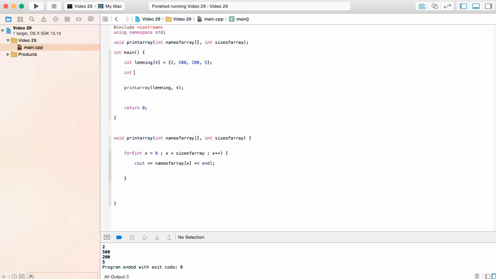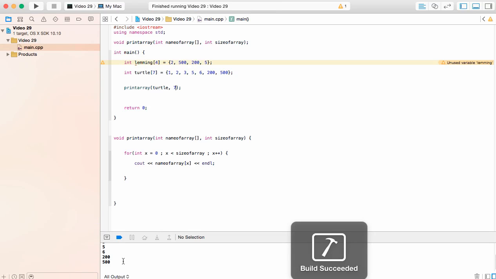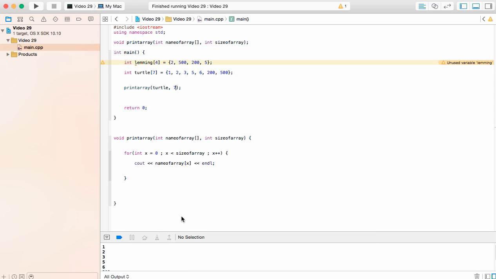Let's say we made the turtle array, and this one had 7 values inside of it. Let's say it had 1, 2, 3, 5, 6, 200, and 500. It's right there. So this one has 7 values inside of it. Let me make sure it does have 7 values. Yeah, we have 7 values. Let's say that instead we want to put turtle and we want to put 7 inside of it. Now we can press build and run here, and you're going to see that it's going to work as well. We're going to have this new one all printed up here,